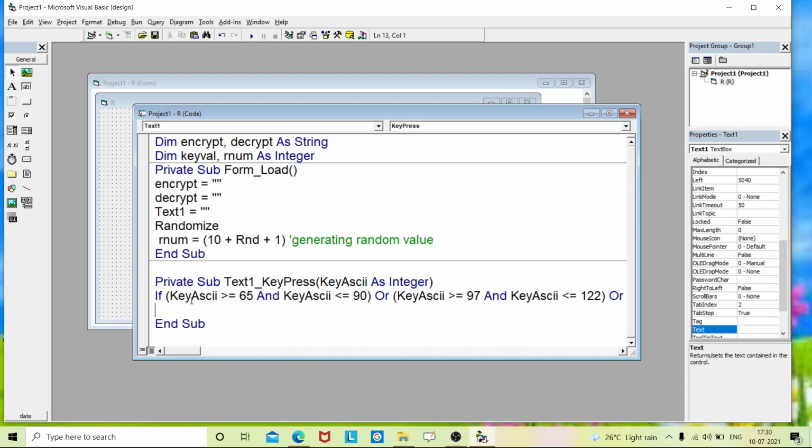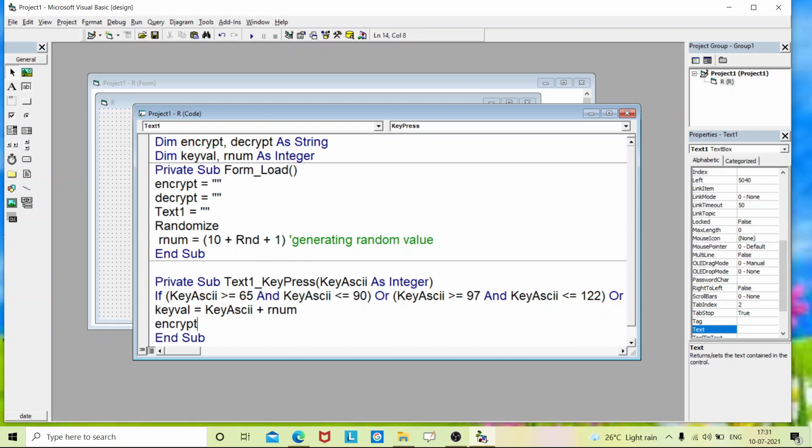This And statement is used to accept only the capital letters, this is for lowercase letters, and the last value, KeyAscii equals 32, is to accept the space. After accepting those values, we specify keyval equals KeyAscii plus random number; just we are encrypting.